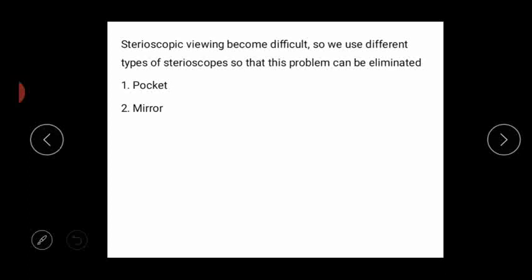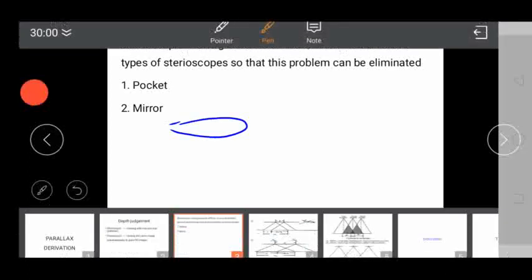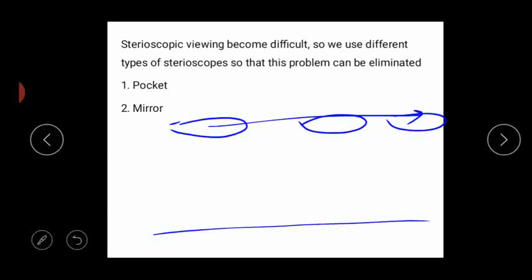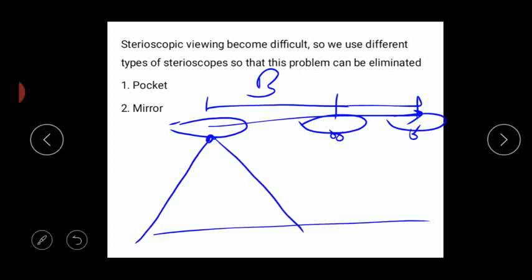So these are the important things which you all need to keep in mind while doing a stereoscopic view. So imagine this to be the aeroplane, okay? It is moving in this direction, and this is the land from which you are taking the photographs. The camera is mounted at the base of the aeroplane, and at particular distances, say B, it takes the photos. So it covers, say, this much area. From this position it will cover this area, from this position it will cover this area. So there will be n number of photographs collected.